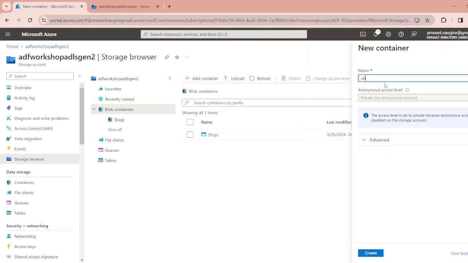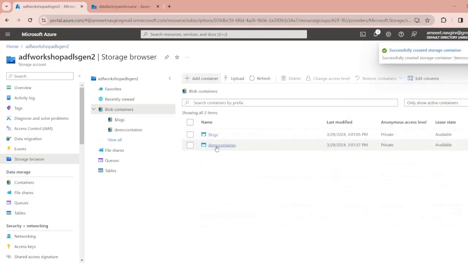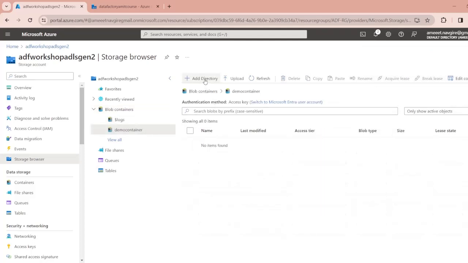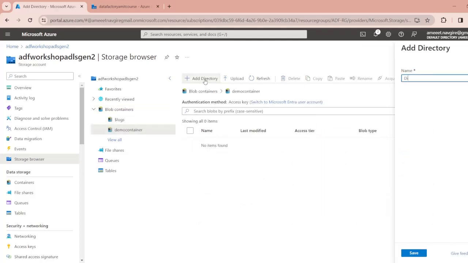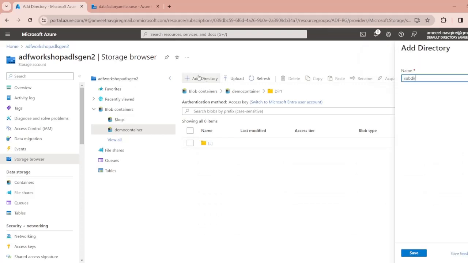Okay, let's say I create demo container. Okay, and click on create. All right, so my demo container is created. Inside the demo container, now I can add as many directories as possible. So I'll say directory one. Okay, and inside this directory again I can add another subdirectory one,